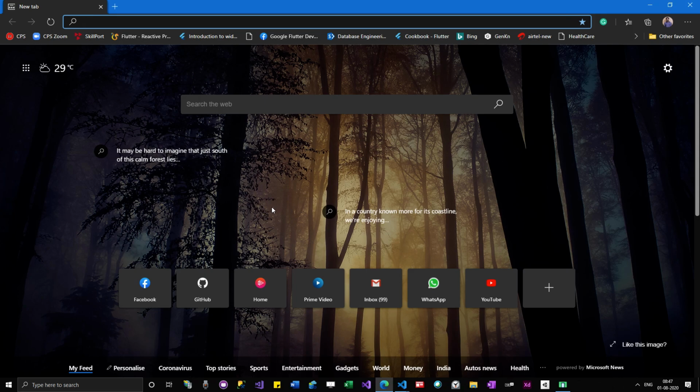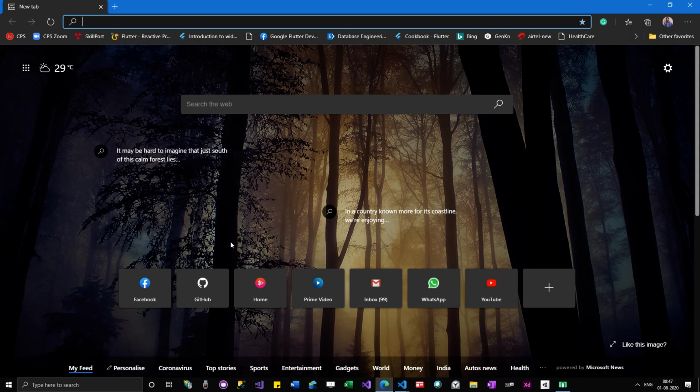Unix is the CLI version, command line interface. Linux is the GUI version of Unix. That part we will discuss later in future, when I share some information about operating systems. But actually Flutter is being expanded across multiple platforms, which is really very good.